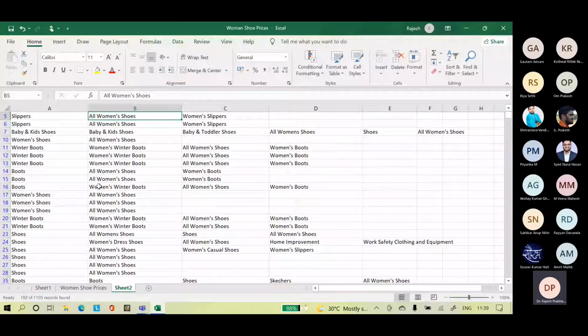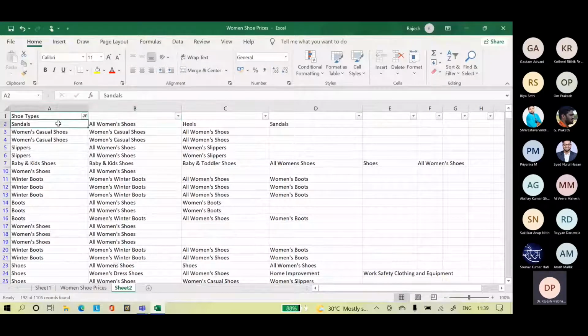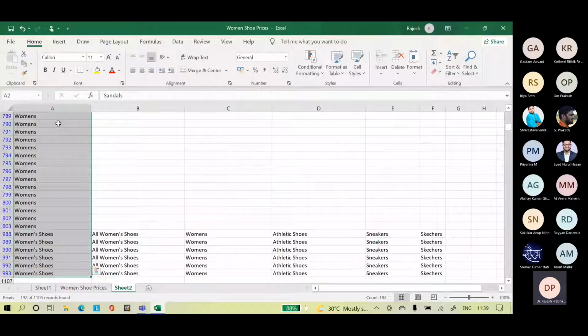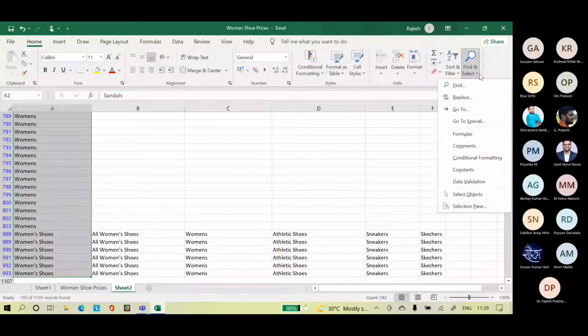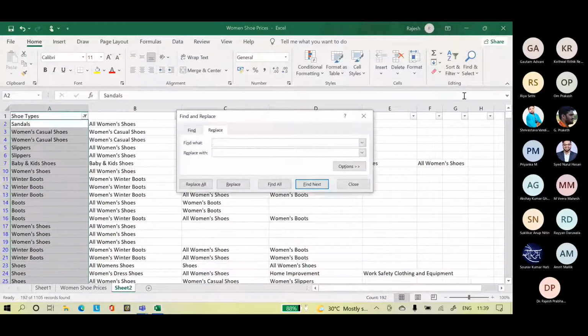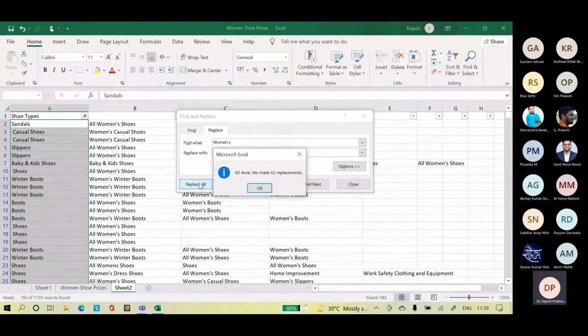Got it, right? So the cleanup process is very important here. Let us select this column. Find what: women, replace with none, replace all.